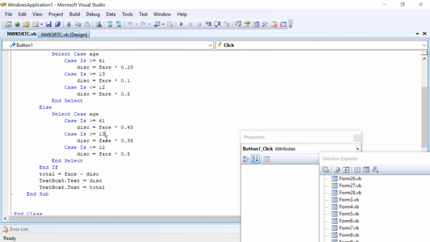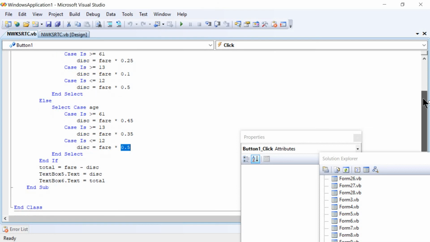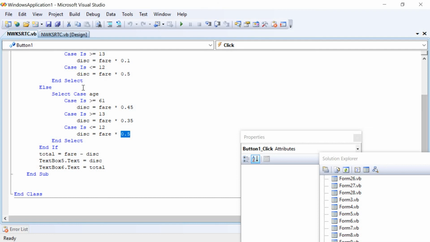Then discount is equal to fare amount into 0.35. Case is lesser than or equal to 12, that is up to the age 12. Discount is equal to fare amount into 50 percent, that is 0.5. Then later select case will end with end select, and the if statement will end with end if.